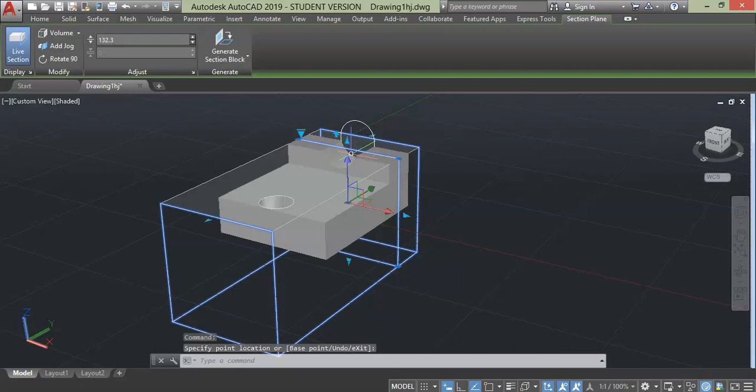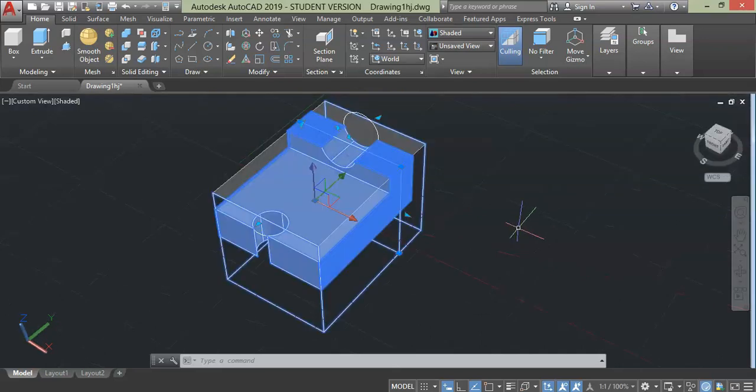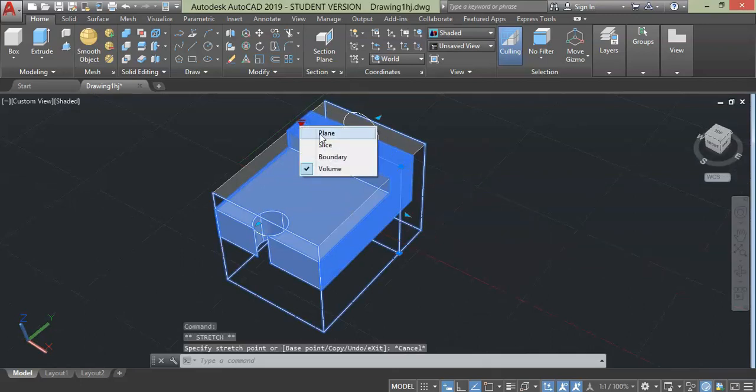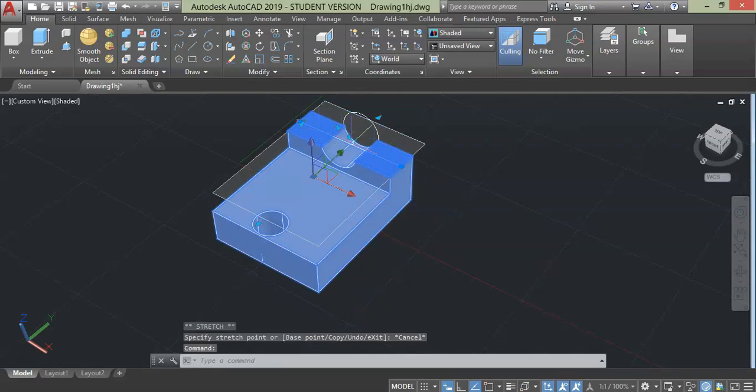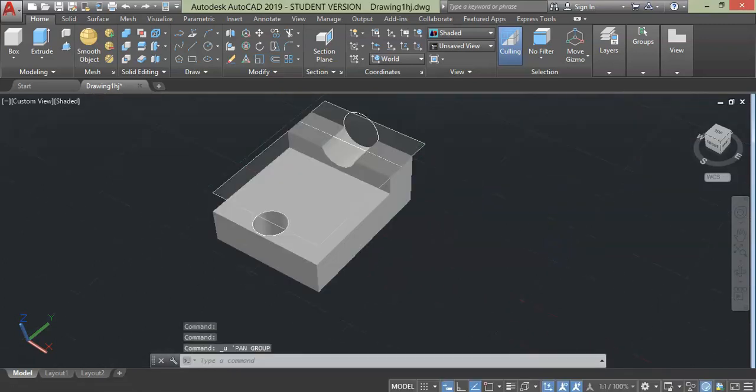This is how you can visualize your geometry using volume or plane. This little grip which is pointing up is used to view whatever is left outside of this volume. It's not the cut off sections. These parts are also visible inside the volume as well. Click the grip again to go back to the original volume section and press again. Choose plane. In this also you can switch between sides. Press the arrow to flip and press again to go back.